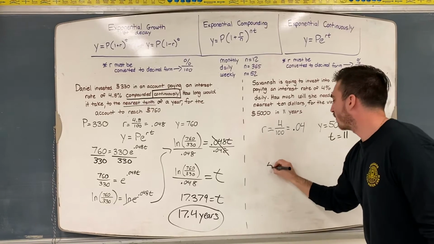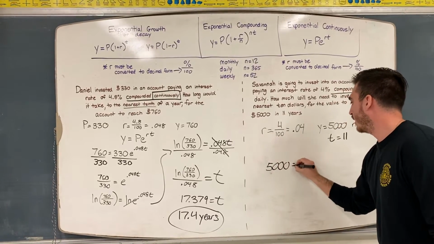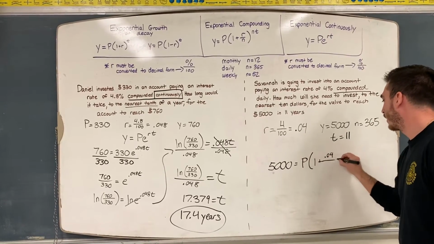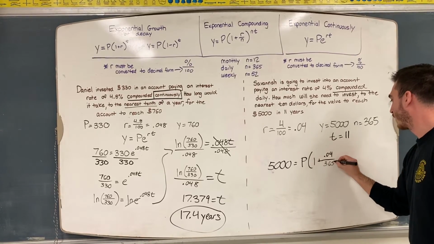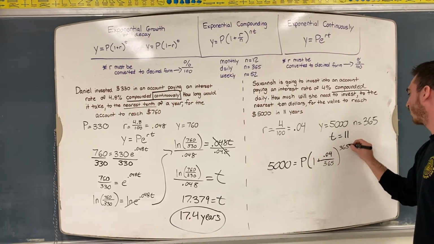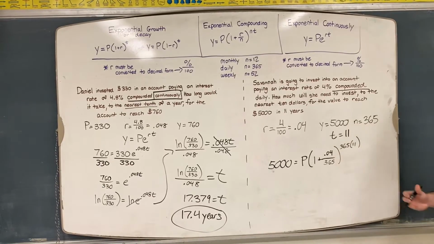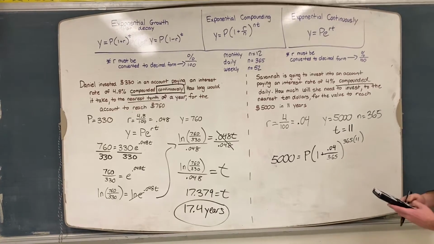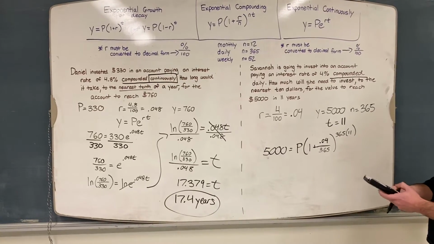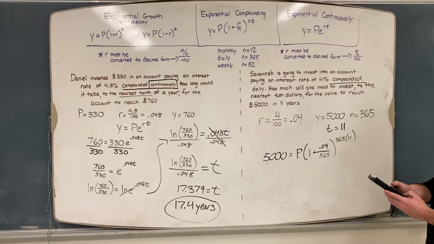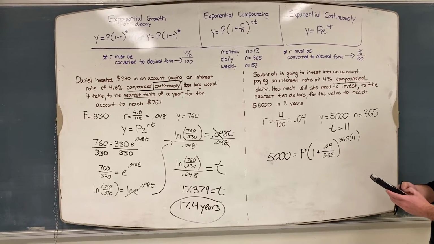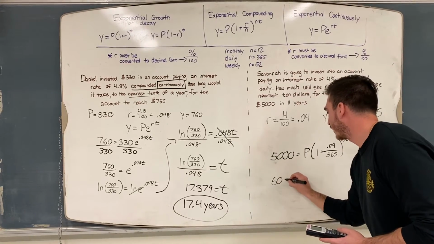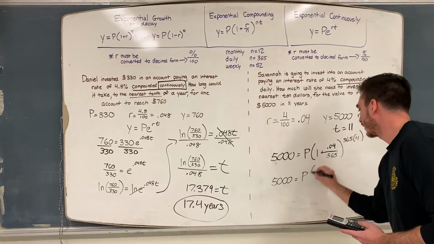So we have 5,000 equals P(1 plus 0.04 divided by 365)^(365 times 11). The reason why this problem is so much easier is because this part right here, you can just throw into your calculator. So I'm gonna do that right now. 1 plus 0.04 over 365, to the power of 365 times 11. So this is going to be 5,000 equals P times